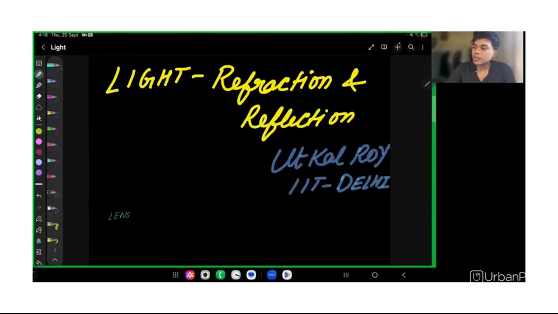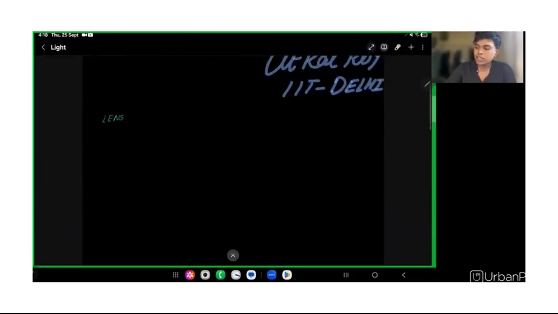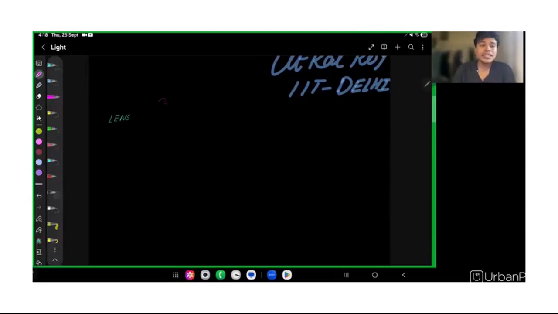Now, what are lenses, to be honest? I'll first explain you the definition and then we'll start knowing the refraction part of it. So a lens is a piece of transparent material with two refracting surfaces, such that at least one is curved and the refractive index of its material is different from that of the surrounding. Let me write it. A lens is a piece of transparent material, with two refracting surface